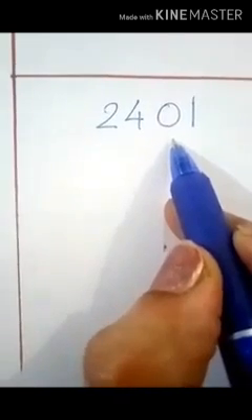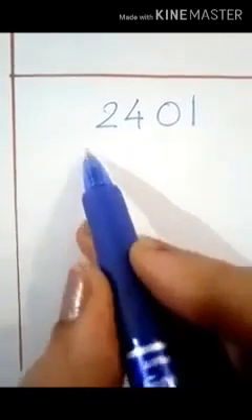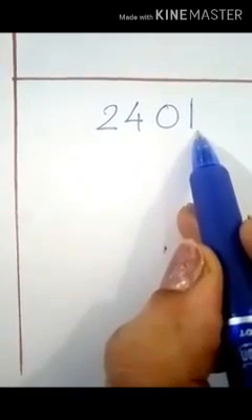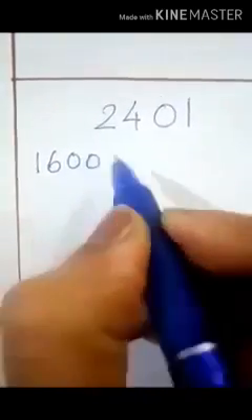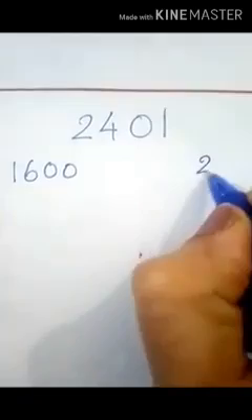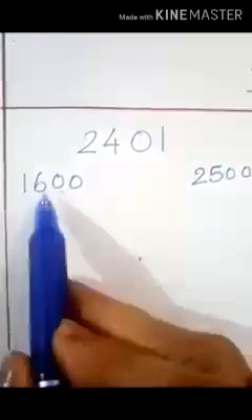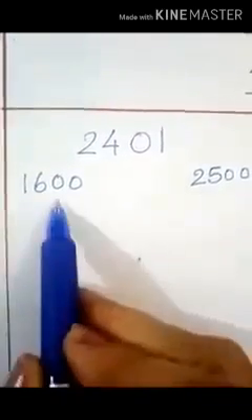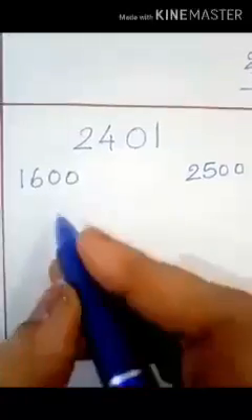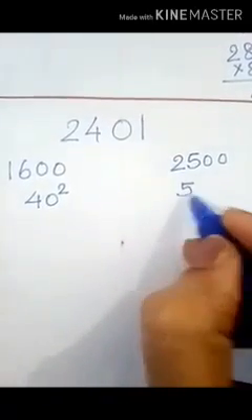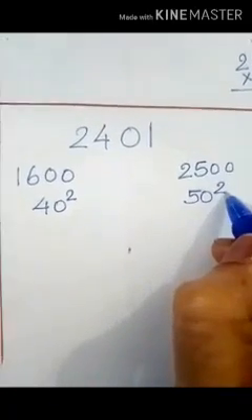If you remember your table of 10 square, 20 square, 30 square, if you have written it down in your notebook, go and refer it. And you will see that your number 2401 lies in between 1600. 1600 is a perfect square. You will have it in your table if you have written it. And the next perfect square is 2500. Our number 2401 is greater than this and smaller than this. So it lies in between these two. Now 1600 is 40 square and 2500 is 50 square. If you are having your table, you will understand it better.